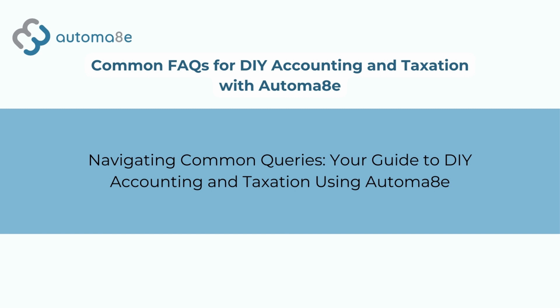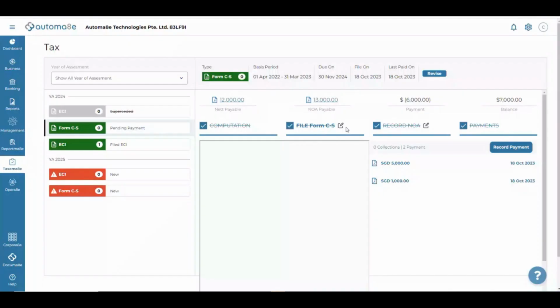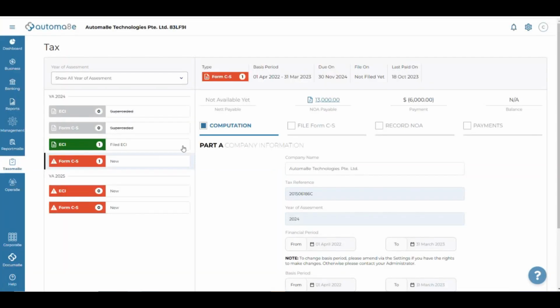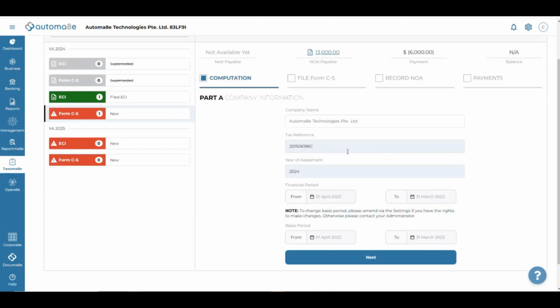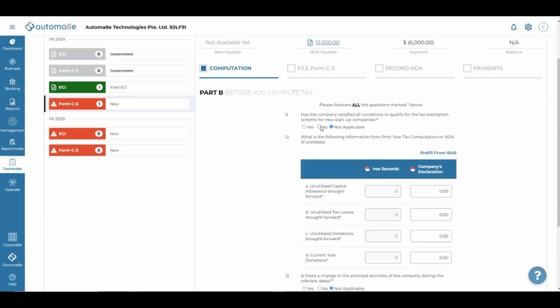You see this on the revision? Yeah, I can see it. So over here, after filing, you have a choice to do a revision filing. If you feel that the amount that's charged is wrong, you revise the filing. The system will give you a new Form CS again. So this is a previous filing. You objected, right? And you can do a revised filing again. There you go.